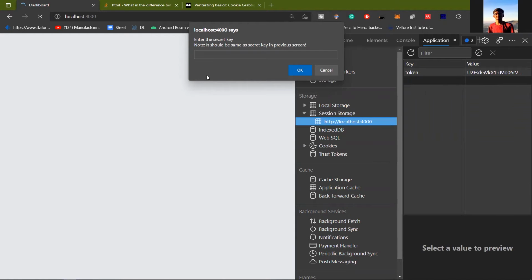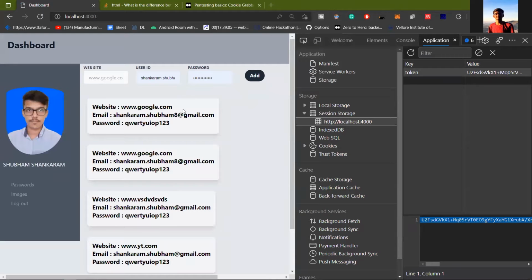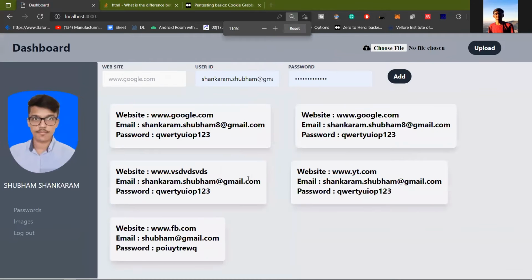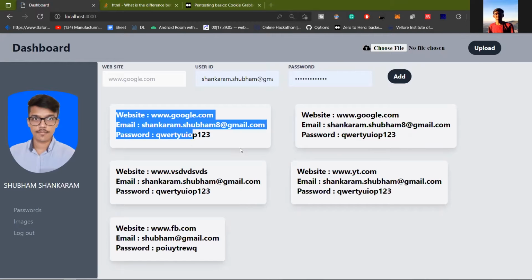On the second page, we have to put in the same secret key which we entered on the login page to get the decrypted token into our variable. Once we have entered our dashboard, we use that token to get all the data from our backend and show it here.